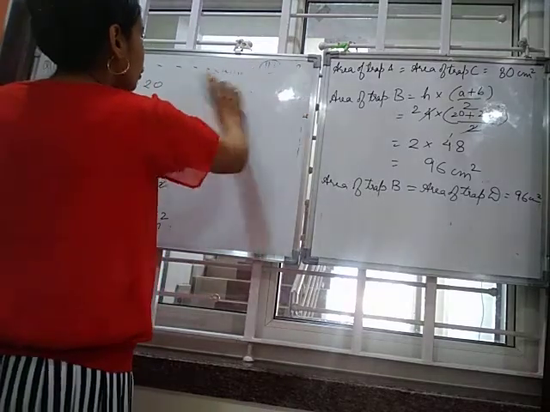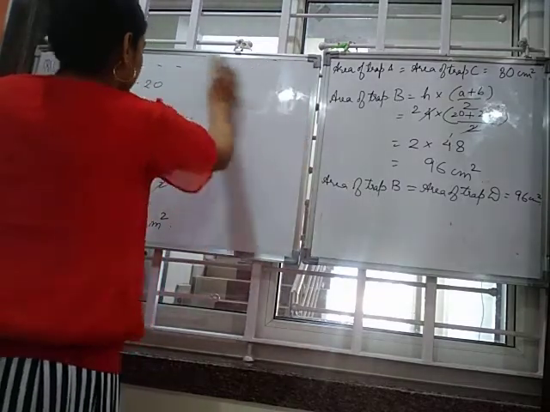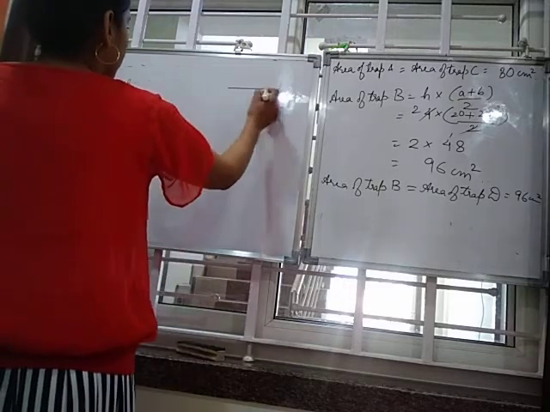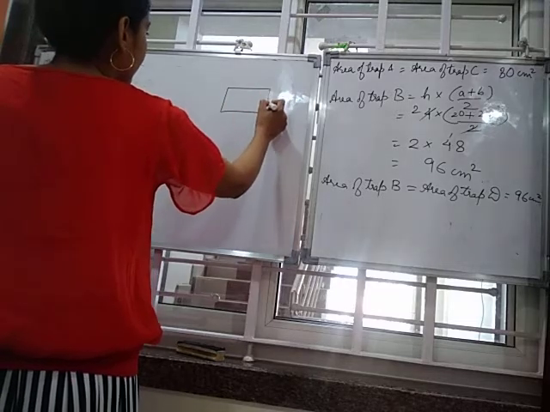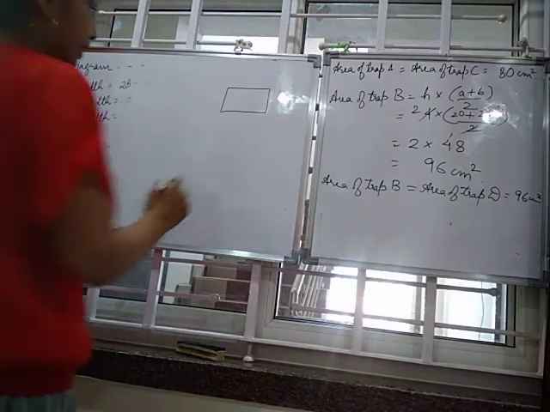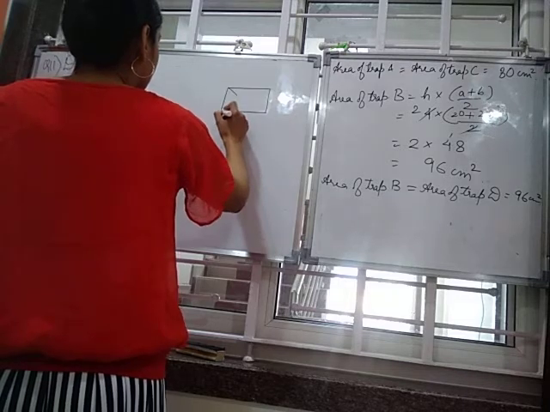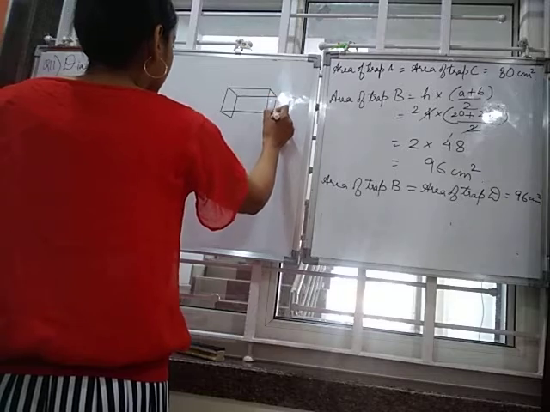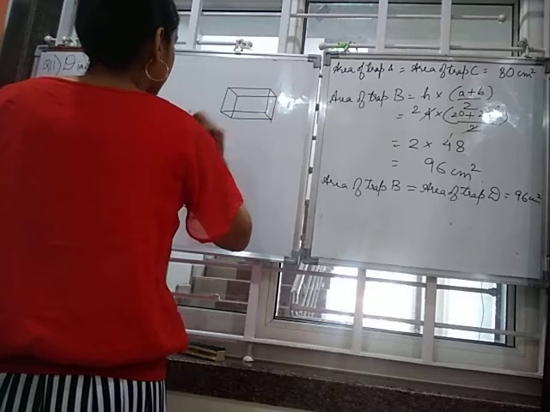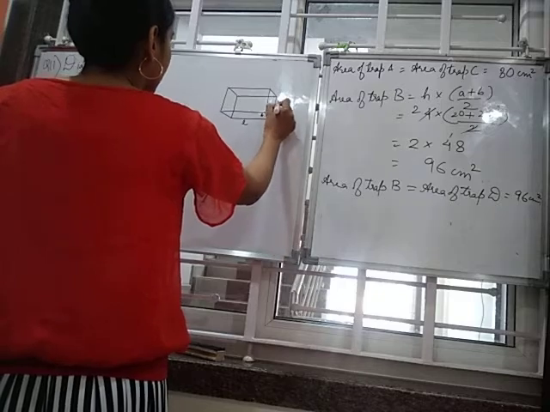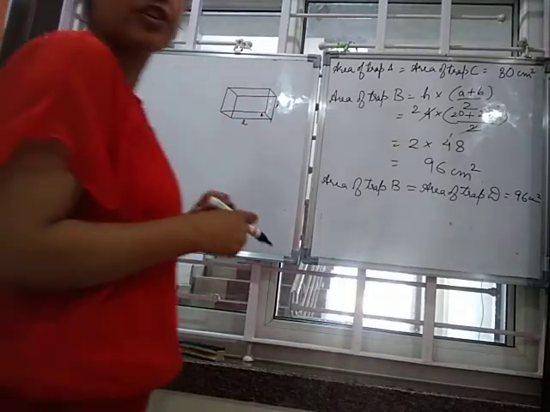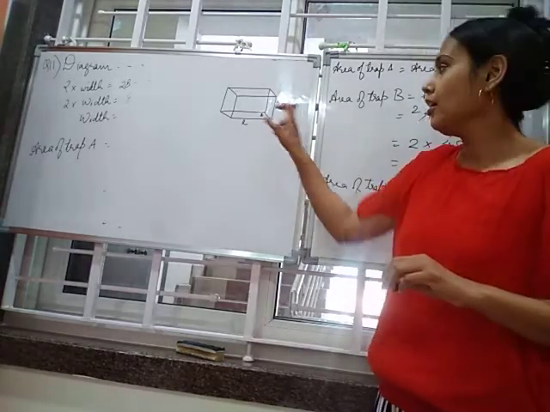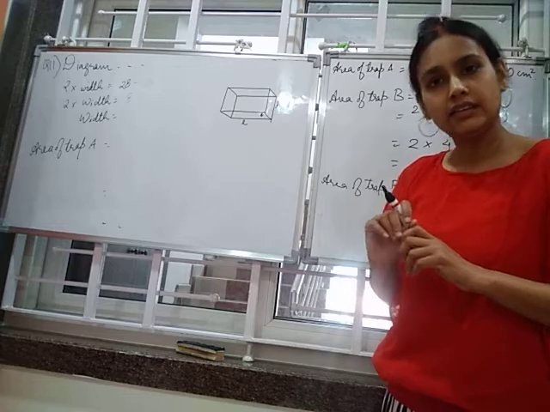if I talk about a two-dimensional shape, rectangle, it has length and breadth. Now suppose if we give it a height, then this is the length, this is the breadth, and this is the height. Then this becomes three-dimensional. Yes, and also it becomes a solid shape. Okay, whose each face is a rectangle here.